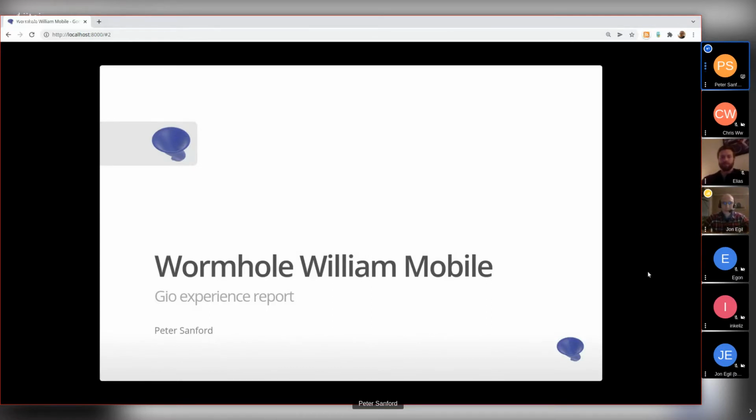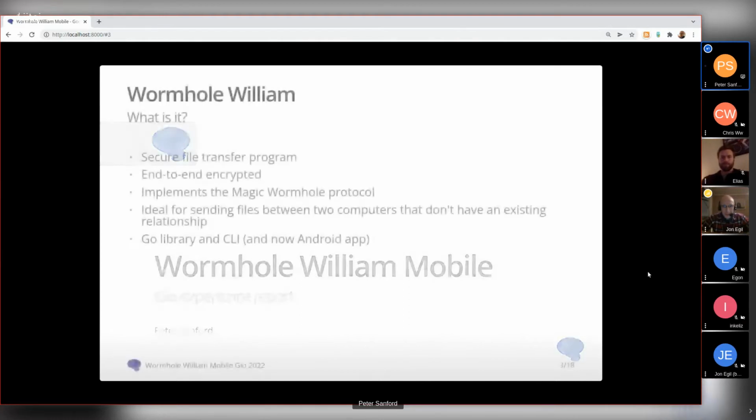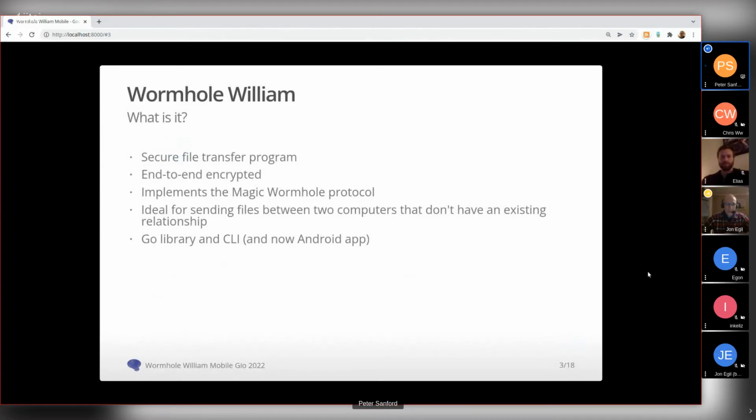So to start us off with just a little bit of background about what Wormhole William is. It's a secure file transfer application for doing end-to-end file encryption transfers. It is based on the Magic Wormhole protocol. So there's an existing tool called Magic Wormhole that was originally written in Python, and now there's multiple implementations of it.